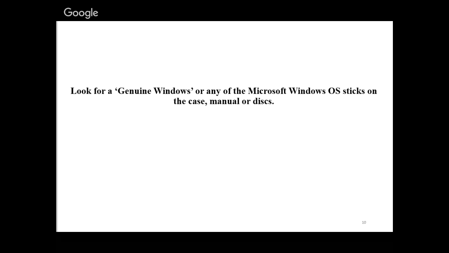Now, the next point is to look for genuine Windows stickers or any of the Windows operating system stickers on the case, manual or disk. Mostly on computers, especially laptops,